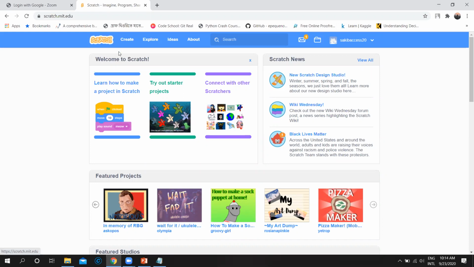Now you'll learn how to create some projects. Another thing: what is Scratch? Basically, Scratch is a programming environment for visual programming, where we will learn the terms and topics of programming like condition, loop, variable. We will learn it in C programming in the next semester. Here in Scratch, we will implement all of these programming concepts in a fun way. But our main target in Scratch will be to develop our logical thinking.